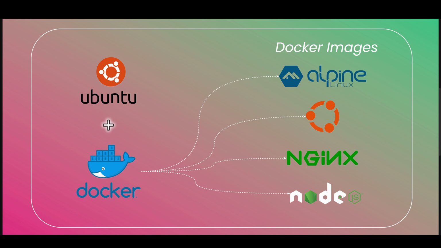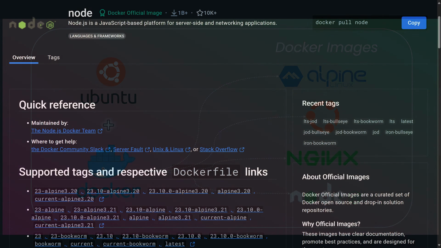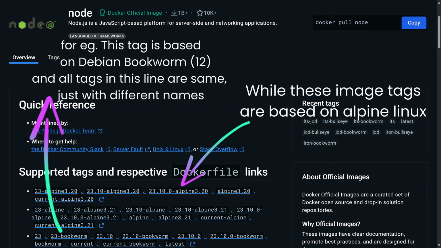The Docker image can be based on an existing public Docker image like the Ubuntu image, Nginx or a Node.js application image, and then on top of that, you can add your customizations to create your personalized Docker image. In the case of application images like Apache, Nginx or Node.js images, they may be based on top of an existing OS image in Docker like Ubuntu, Debian or Alpine Linux image.